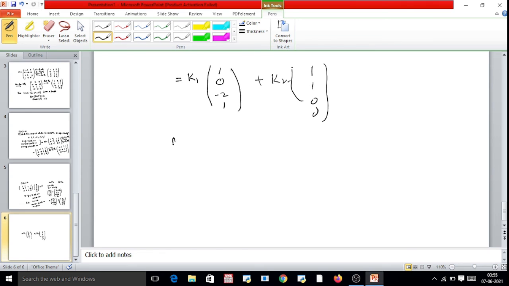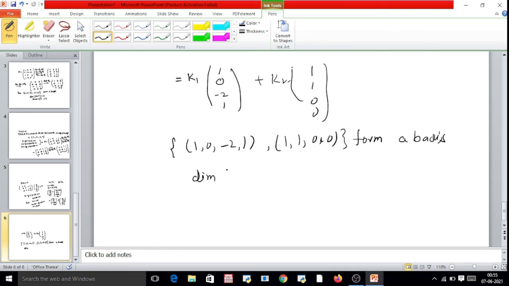So from here we have two vectors, (1, 0, -2, 1) and (1, 1, 0, 0), and these two vectors form a basis. From here we say that the dimension of the kernel of T is 2, and therefore nullity is